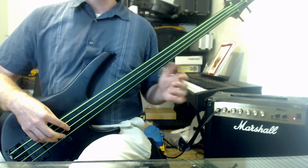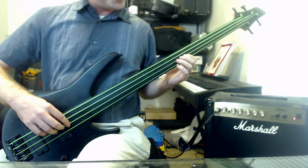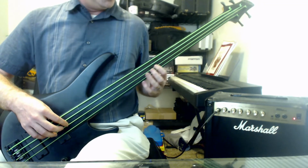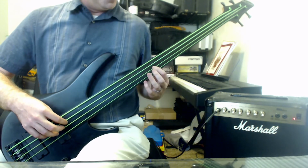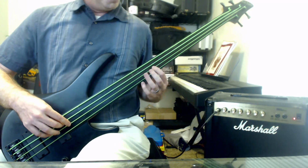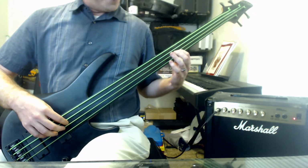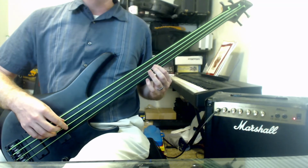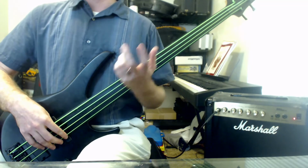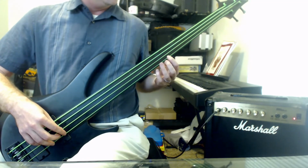Now, of course, those other methods work just as well if you get it that fast. Because if you can hide... You can hide the fret noise just as well. But you have the advantage of being able to do this slowly and work towards it. So you don't have to do that right away. You can just be like...